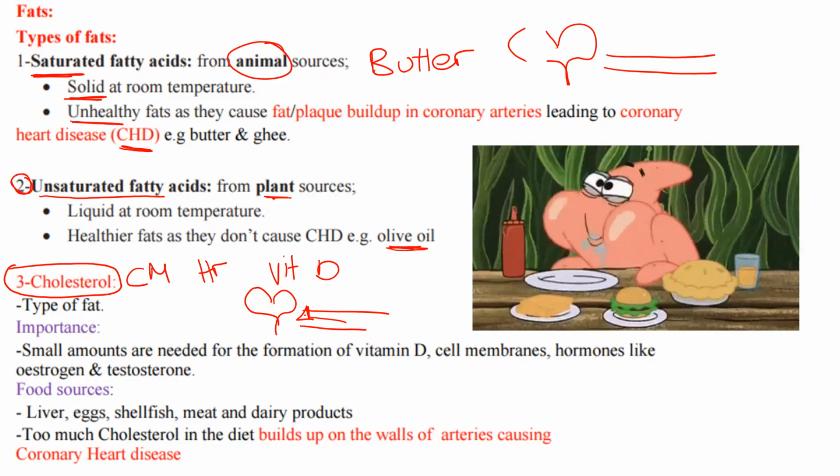Too much cholesterol, no, it's not good. No one will advise you to eat too much cholesterol. No one will advise you to eat lots of saturated fat. Small amounts are important. Even vitamins, even minerals, too much of something is not good, and too little of something is not good. We have to eat a balanced diet depending on the age, on your requirements, on your activity levels. Clear?